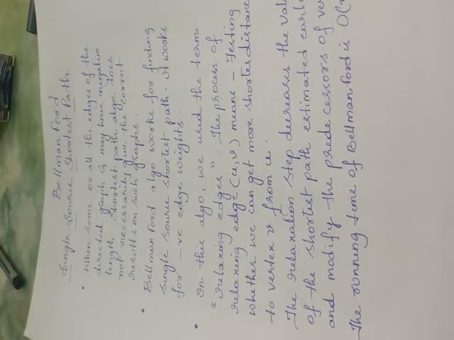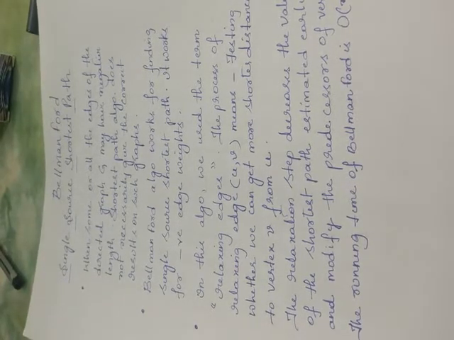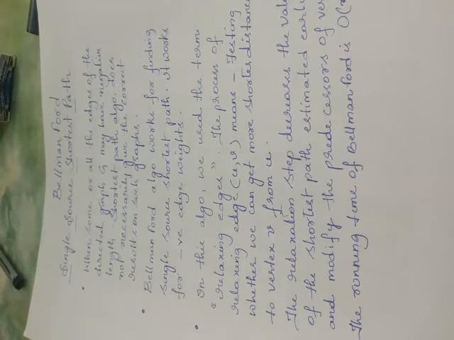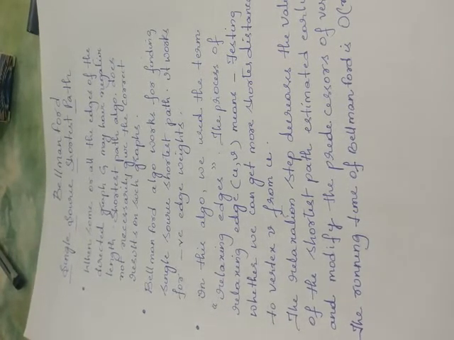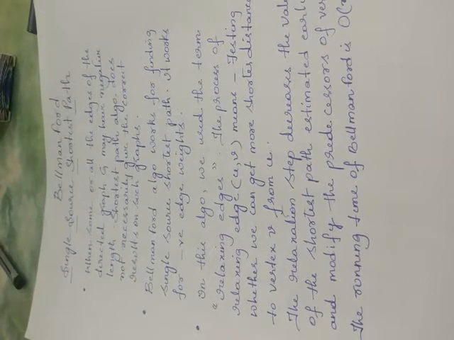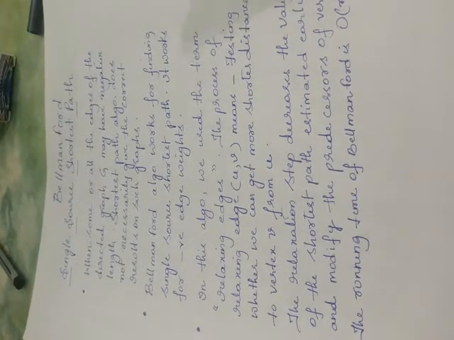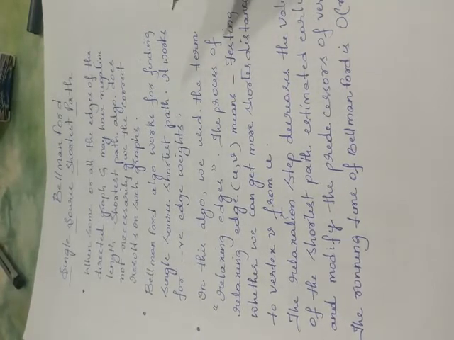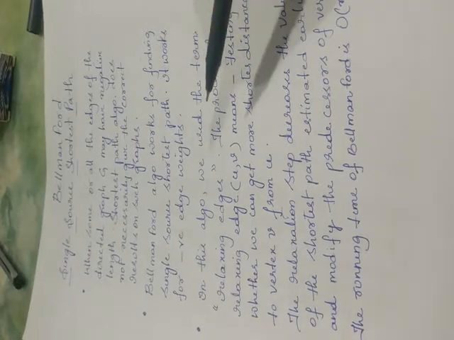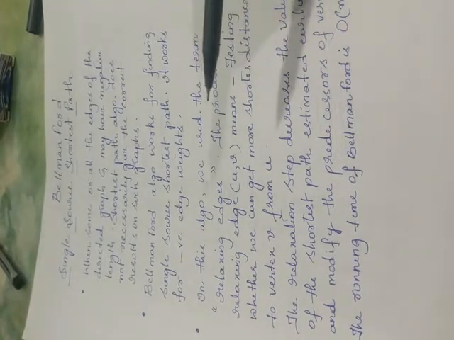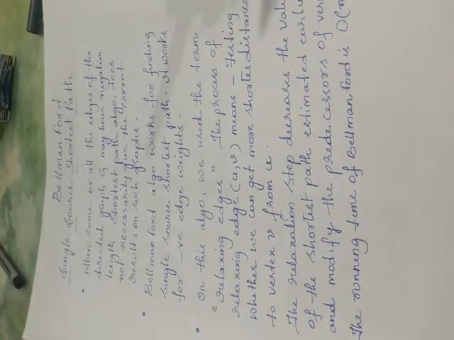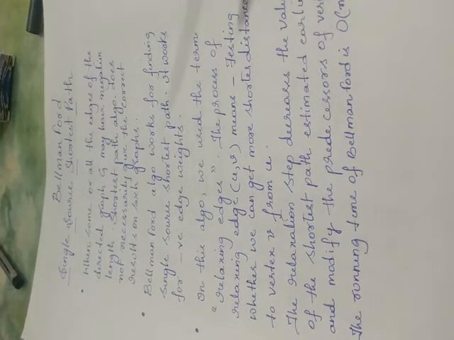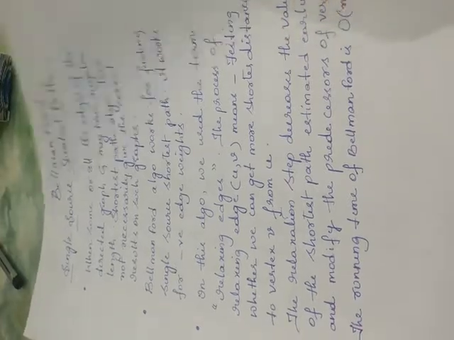So previously if I have got u comma v as say 10, and by relaxing the edge on the first iteration, if I am getting 9, then I will be considering it as 9. In the next iteration, if I am getting it as 6, then I will be considering it as 6, and so on. So if I am able to update that edge with a smaller value, then I will be considering the relaxed edge, that means the updated edge, and we modify that vertex. So this is the procedure.